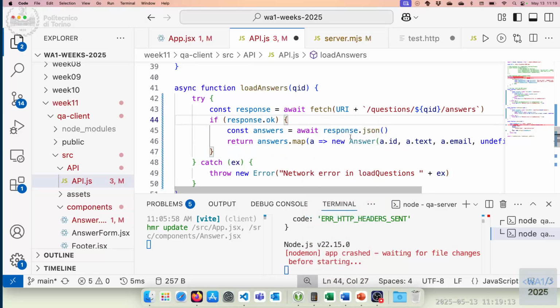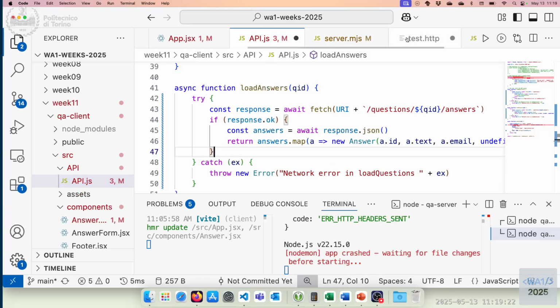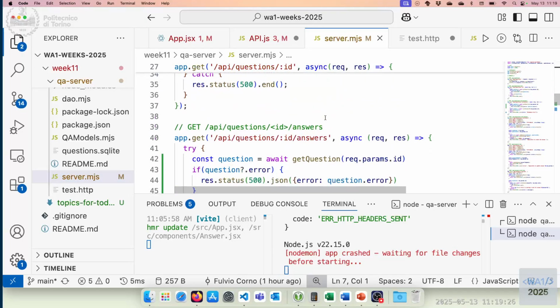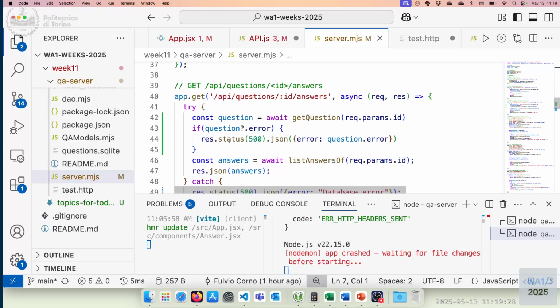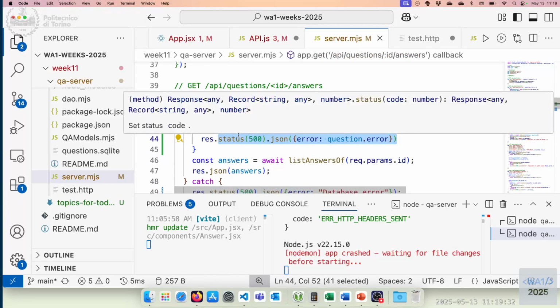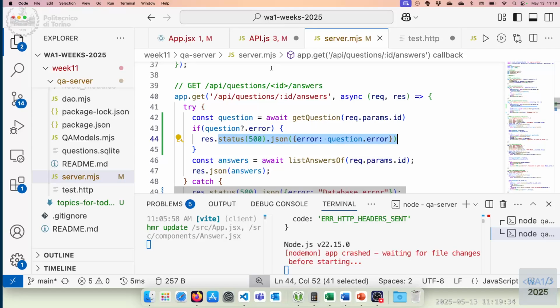And otherwise, if response is not okay, because what happened here in the server is that we sent the error message with a status of 500, so it will not be okay in the fetch call,